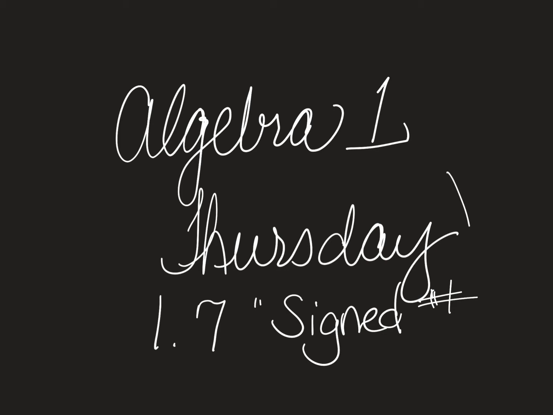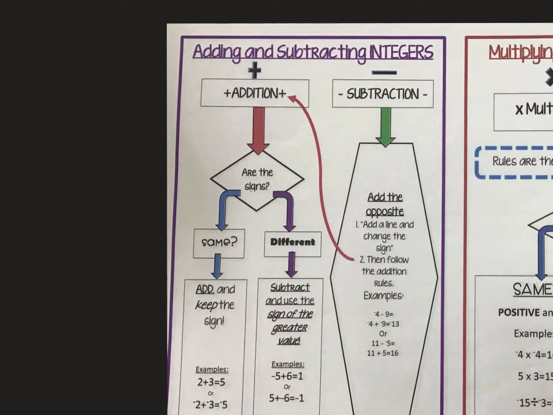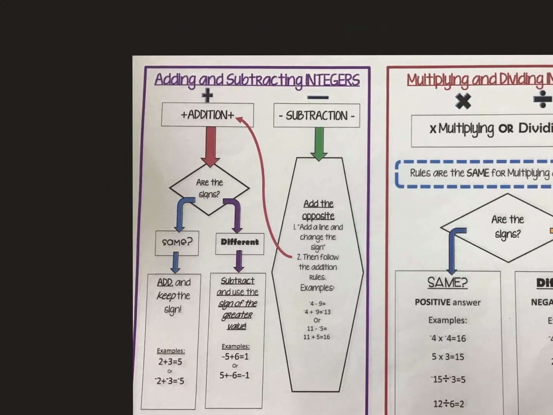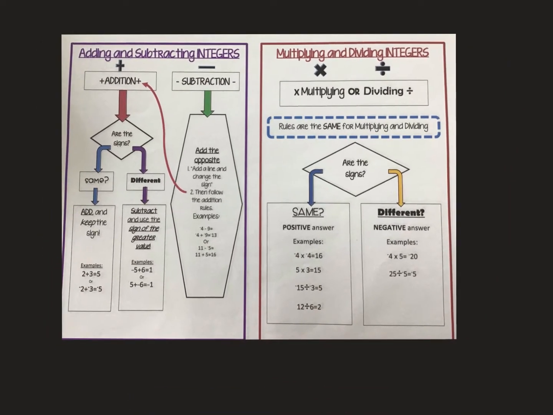Let's look at the sheet that you all have. All right, so we've done this many times last year, but we're going to review it and go over it in depth. We're going to start by looking at adding and subtracting integers. All right, so if you are given a problem such as 2 plus a negative 5,